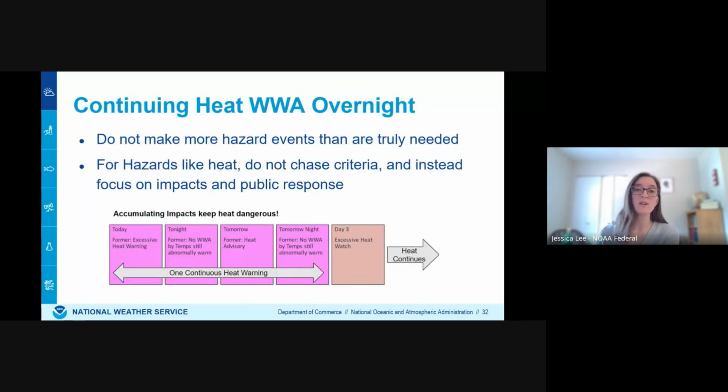Another common question we get is whether or not heat products should be continued overnight. We would just encourage you that rather than chasing strict heat index criteria, it's better to limit the number of different heat alerts you issue and focus instead on overall impacts and public response. For example, during major heat waves such as the 2021 Pacific Northwest Heat Dome or the 1995 Chicago heat wave,